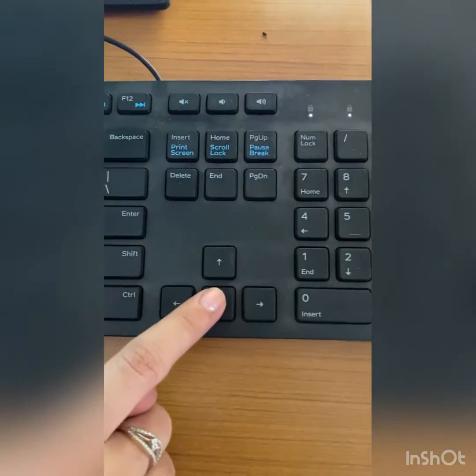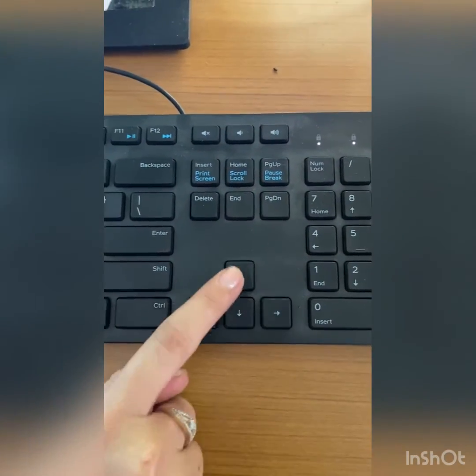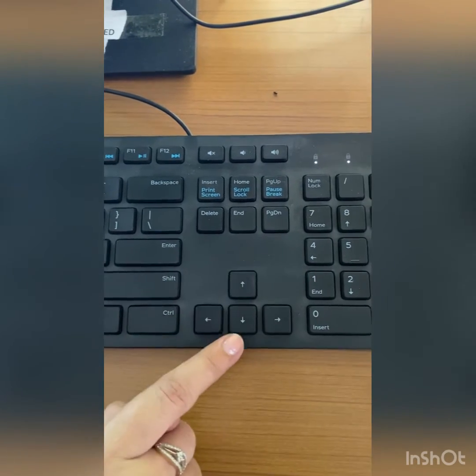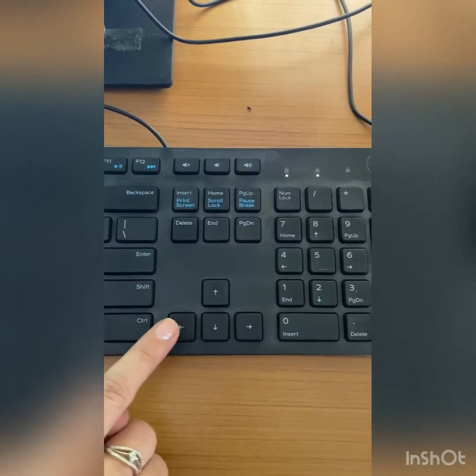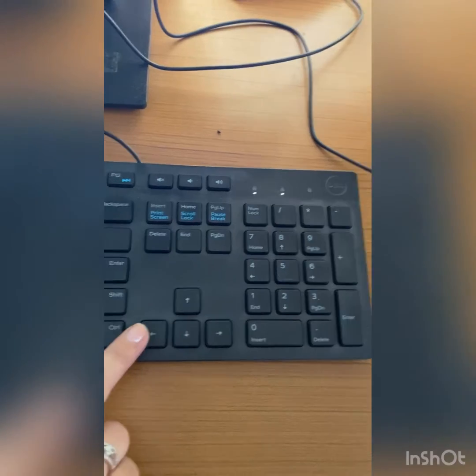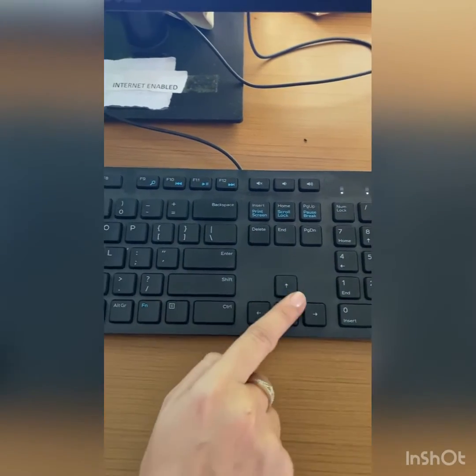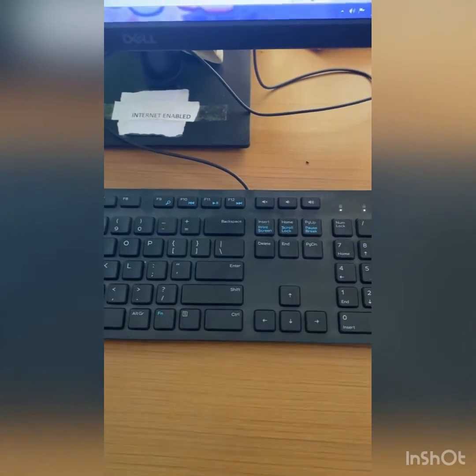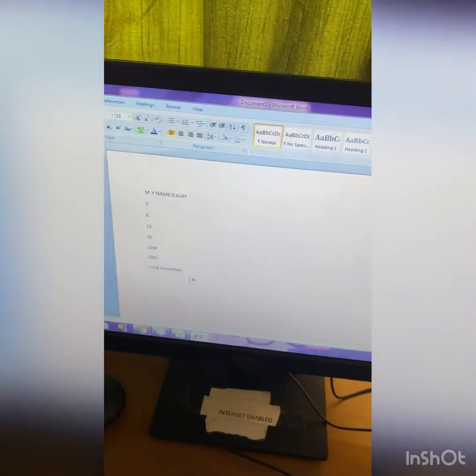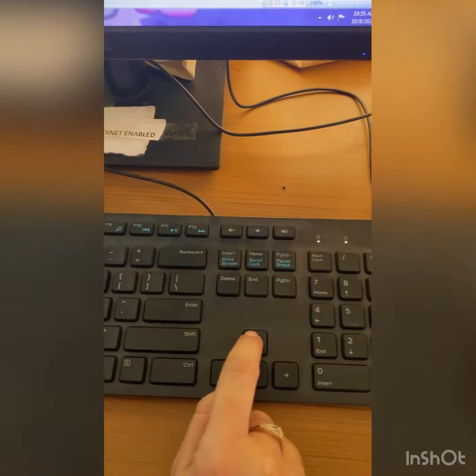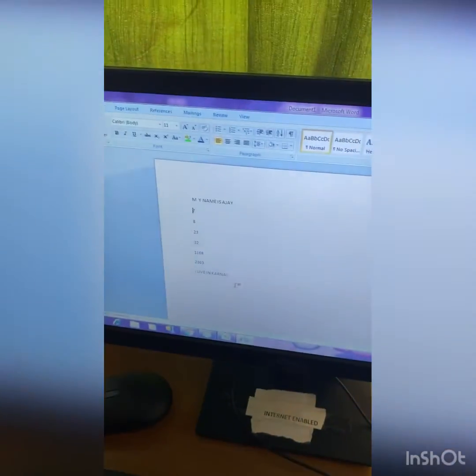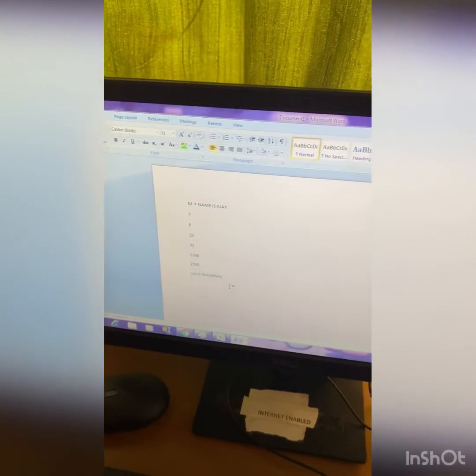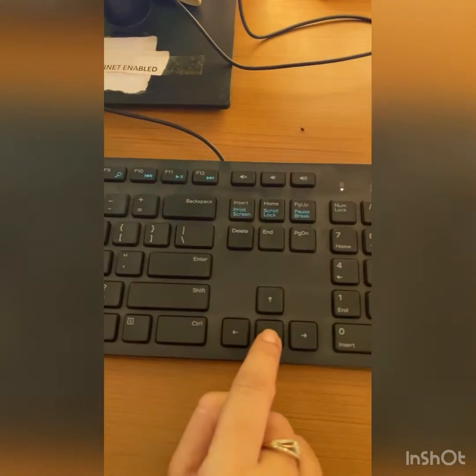Now next is the arrow keys. These four are called arrow keys. This is the up arrow key, down, right and left. If you want to go up, just press the up key. Your cursor goes up. If you want to go down, just press the down key.